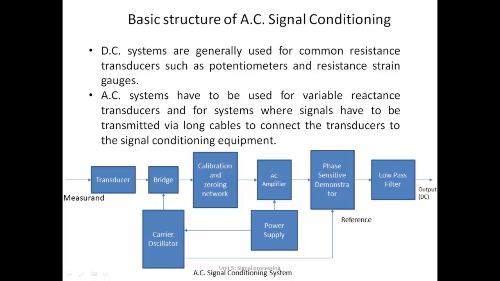Right, now why is this kind of thing done? First, when you want very high amplification, AC amplifiers are easy to design as compared to DC amplifiers. If you design DC amplifiers for a very high gain, they may malfunction, they have certain disadvantages. But an AC amplifier is easy to design even for very high gain. And secondly, when you use this modulating technique, it converts your data signal into a high energy wave, and that can be transmitted over a longer distance. So in such cases we use AC signal conditioning.